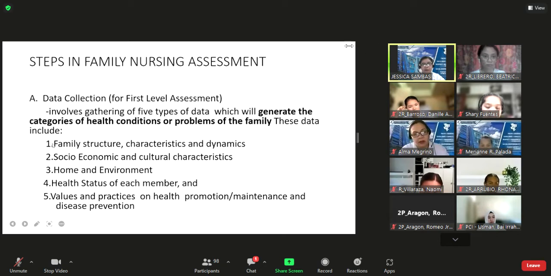Klaro po? Now, after we gather the data, okay, na-gather na po natin ang ating data, kompleto na. From 1 to 5, there would be a series of questions or information that you need to gather from the family. Now, we will proceed to,